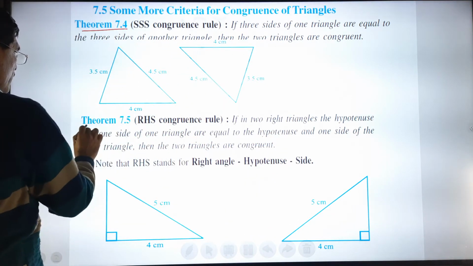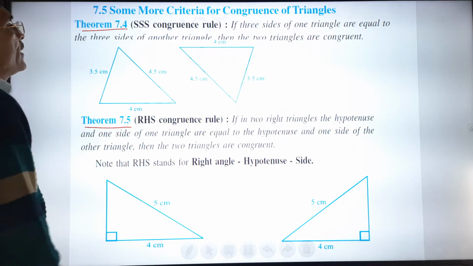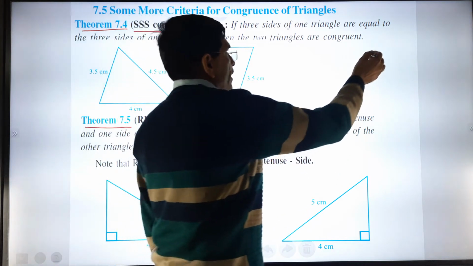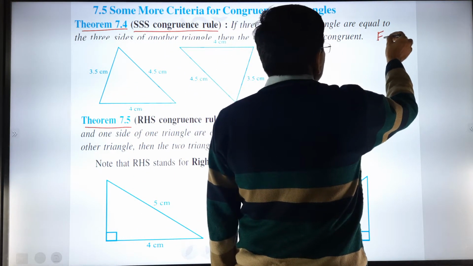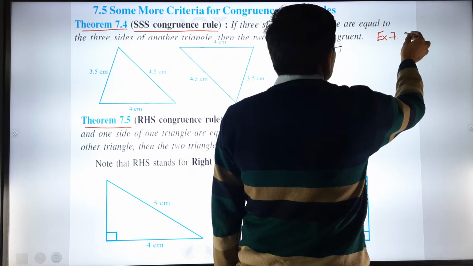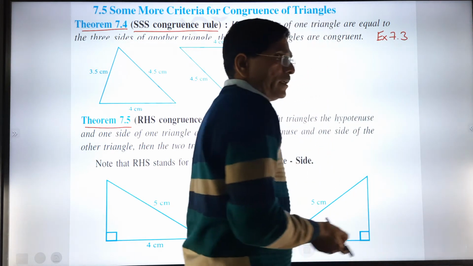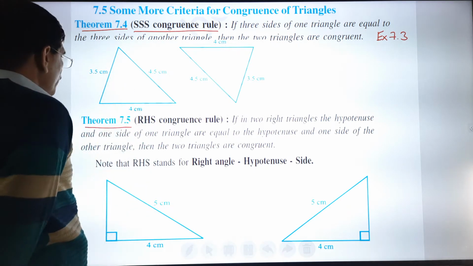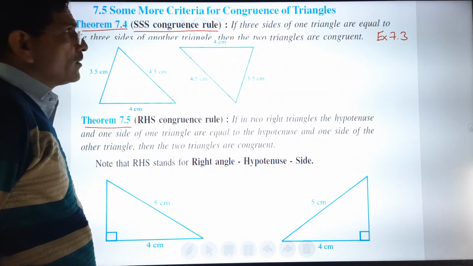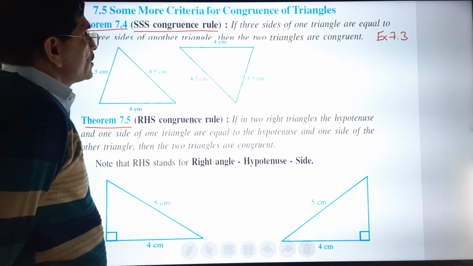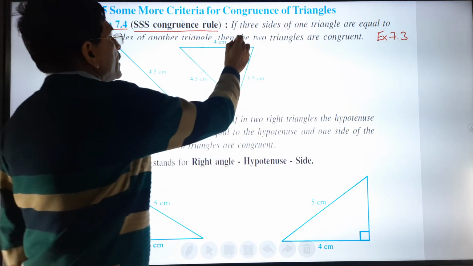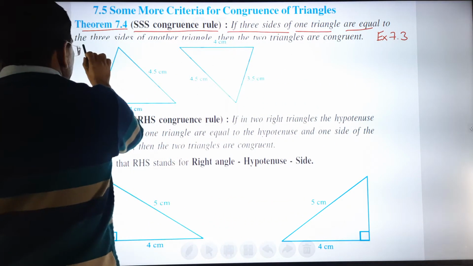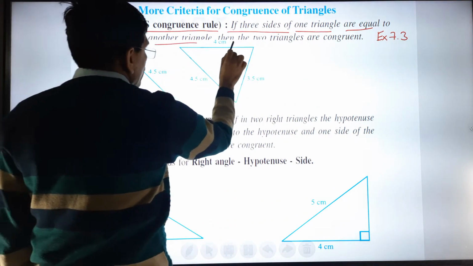Theorem 7.4 is the SSS congruence rule. Today we want to start exercise 7.3. Before we start 7.3, we have to understand theorems 7.4 and 7.5. SSS congruence rule: if three sides of one triangle are equal to the three sides of another triangle, then the